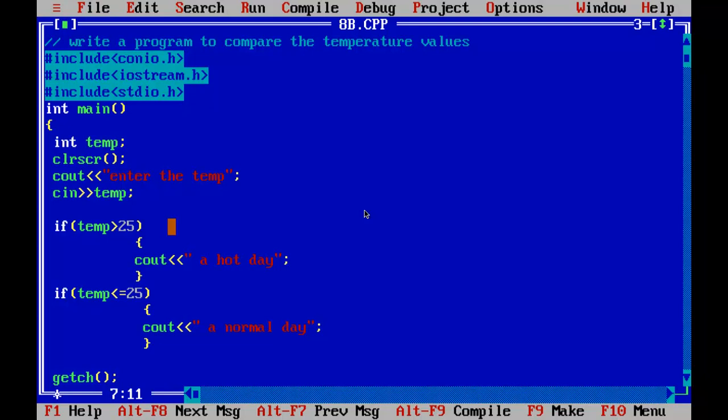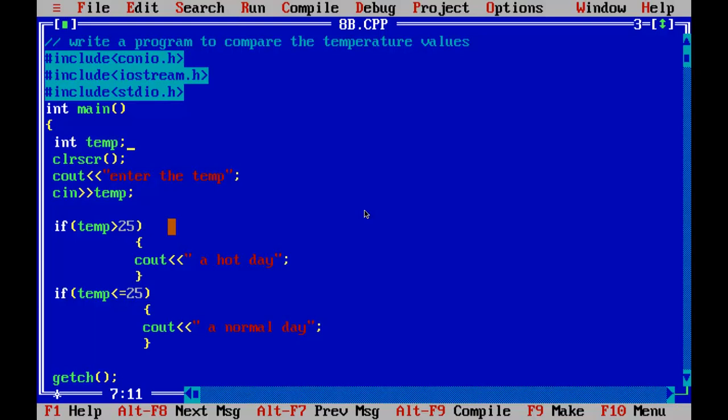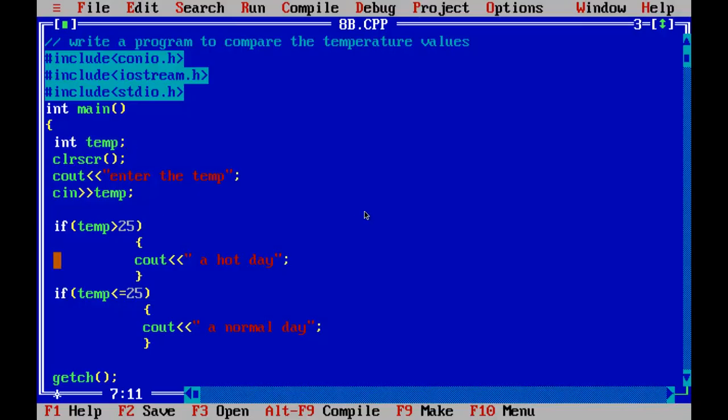Now no error. Control F9. Now enter the temperature. For example, we enter 35. See, a hot day. Now again, for example, 23: a normal day.